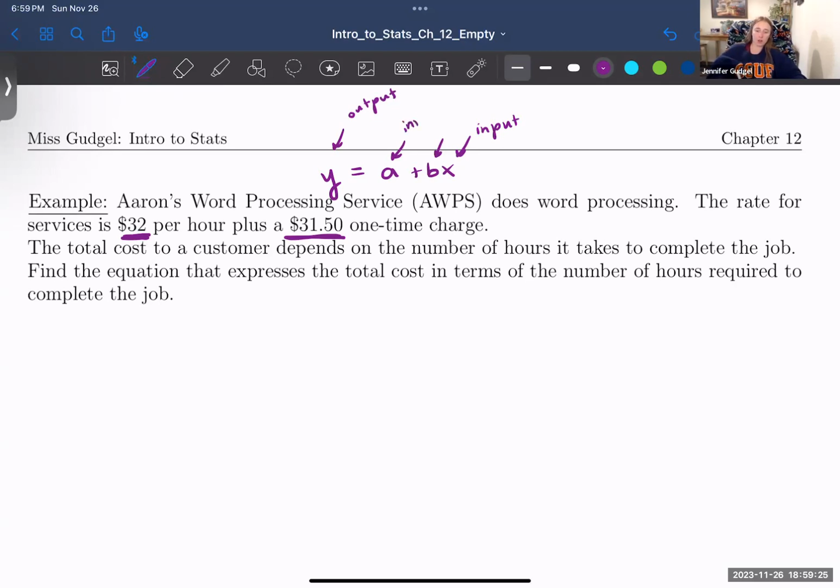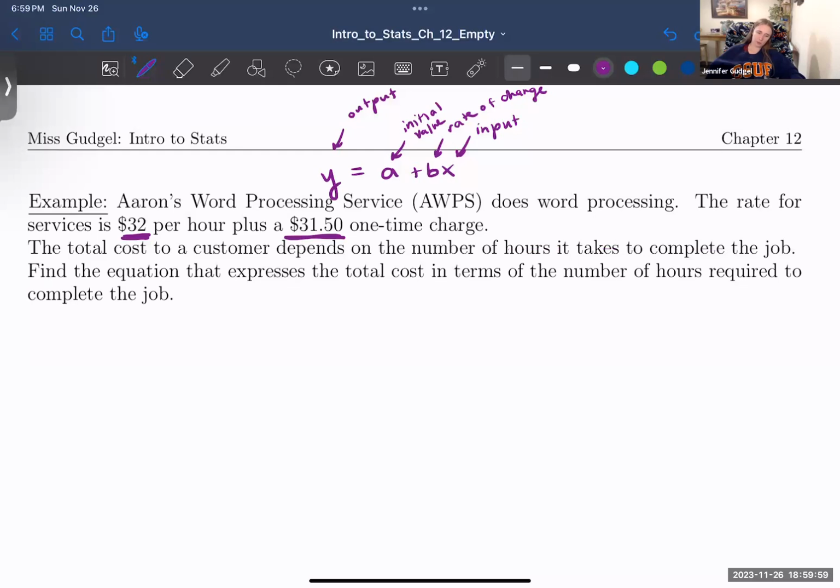This is the initial cost, or the y-intercept. I shouldn't say cost because it's not always going to be money, but initial value. And this is the rate of change, or the rate at which we increase or decrease. All right, so in this case, we are looking at X, our input value, being the number of